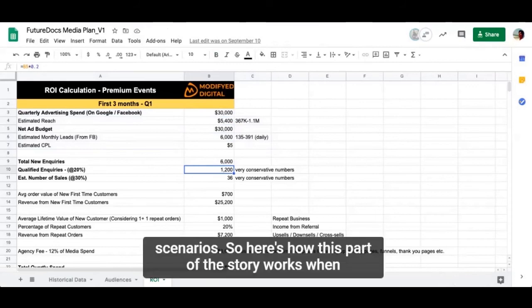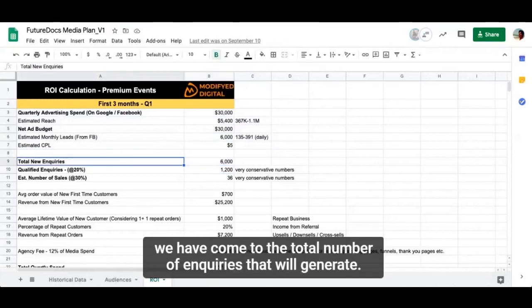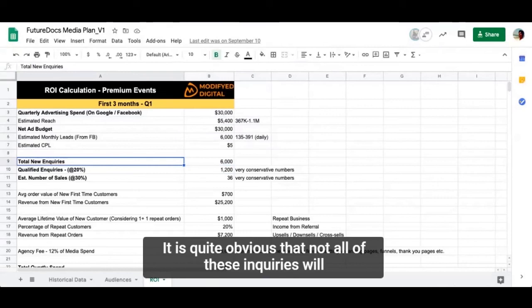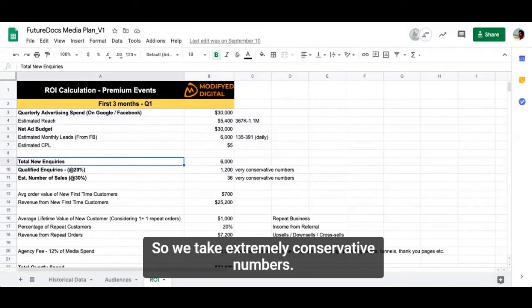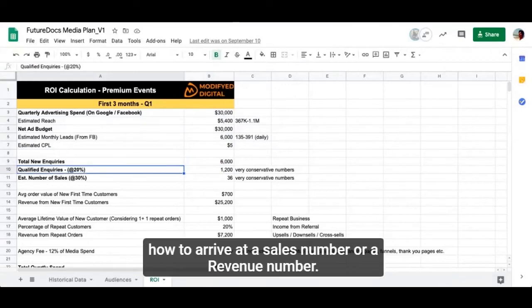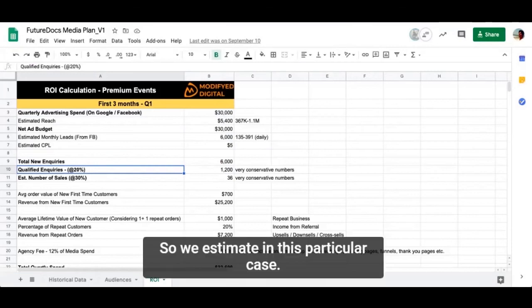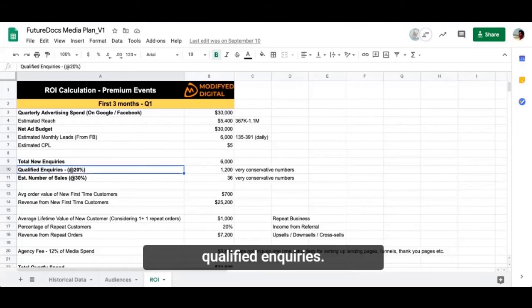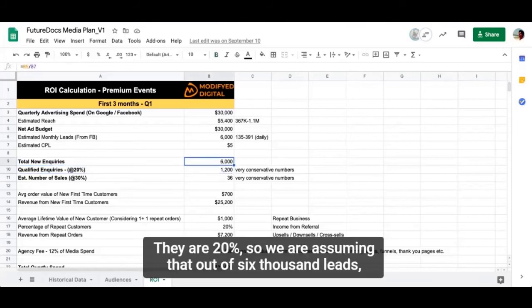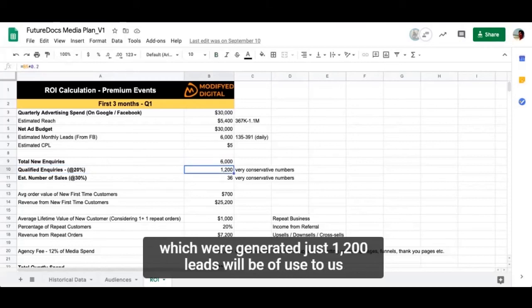So here's how this part of the story works. When we have come to the total number of inquiries that we'll generate, it is quite obvious that not all of these inquiries will be of use to us, right? So we take extremely conservative numbers and we start filtering out, based on our own experience, to arrive at a sales number or a revenue number. In this particular case, we've estimated that out of the total number of new inquiries, qualified inquiries are 20%. So we are assuming that out of 6,000 leads which were generated, just 1,200 leads will be of